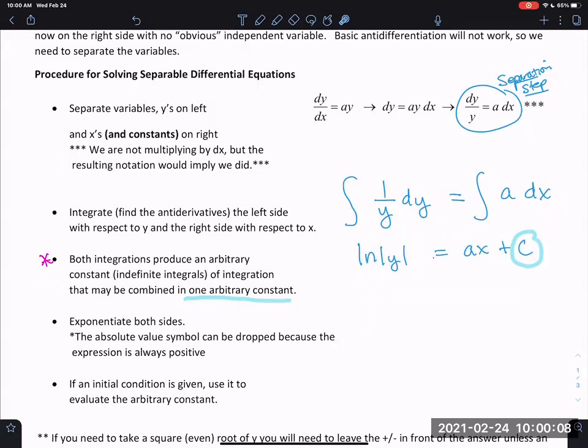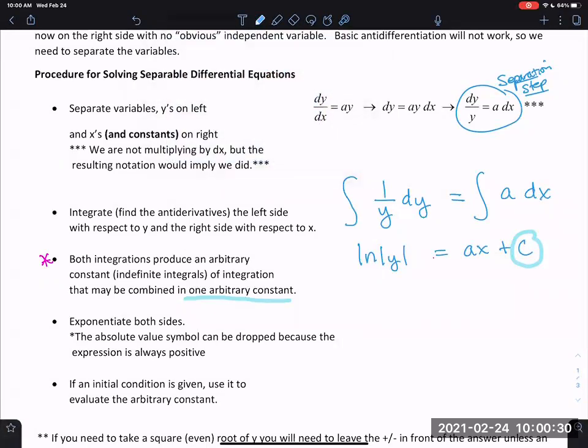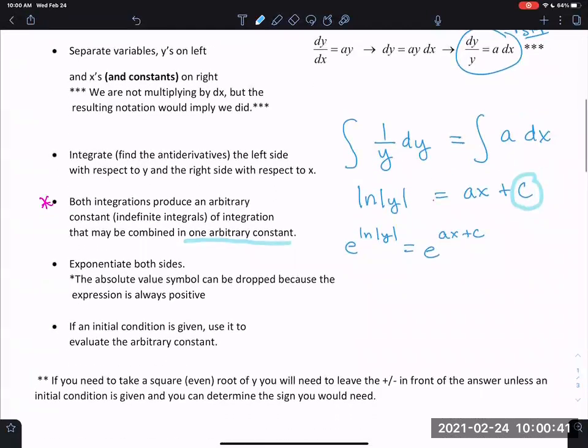All right, now we need to solve this for y. That's the point of all of this. If you're solving it for y, you have to do some algebraic techniques, pre-calc techniques here. Ln absolute value of y is not y equals. So we would want to exponentiate both sides. So when I do that, I'll spell it out. Right? That's exponentiating both sides. E to the ln of anything is the anything. Does everybody agree? So we have y